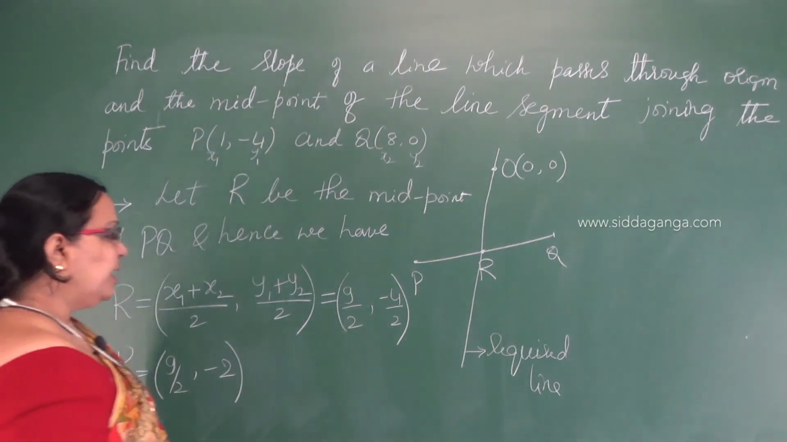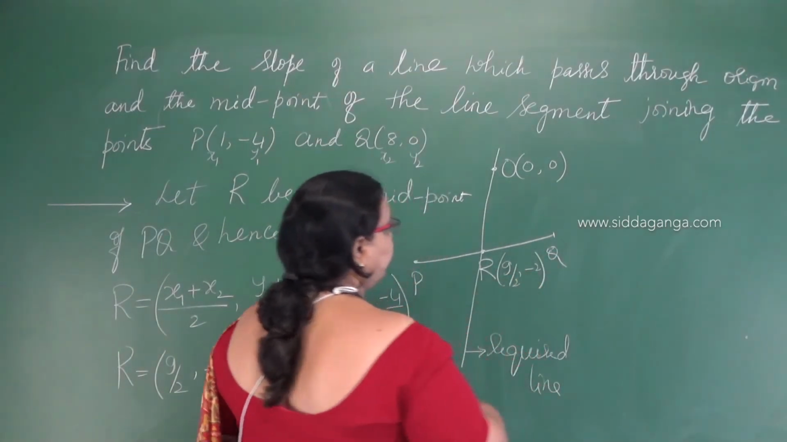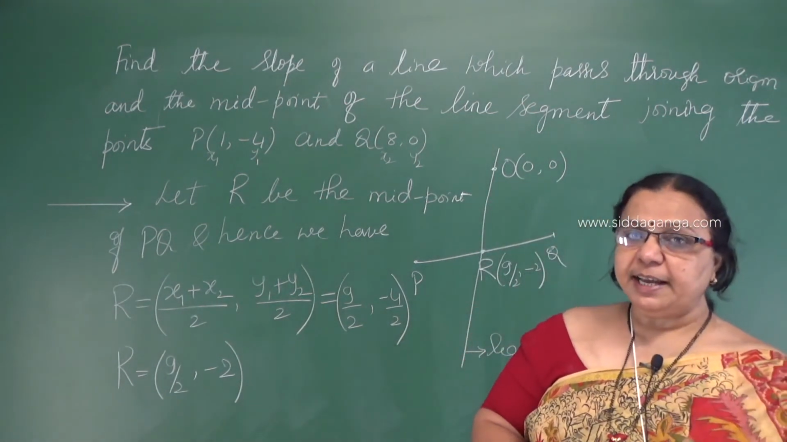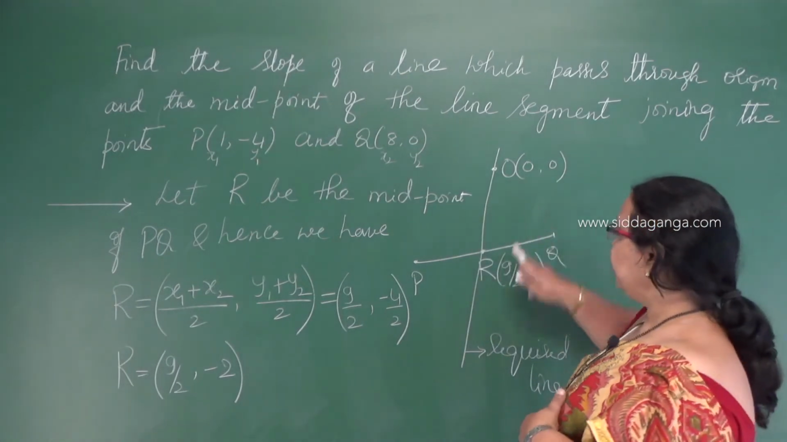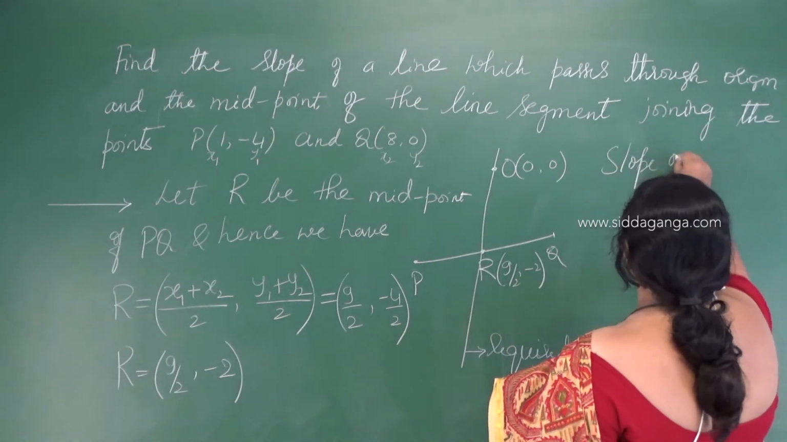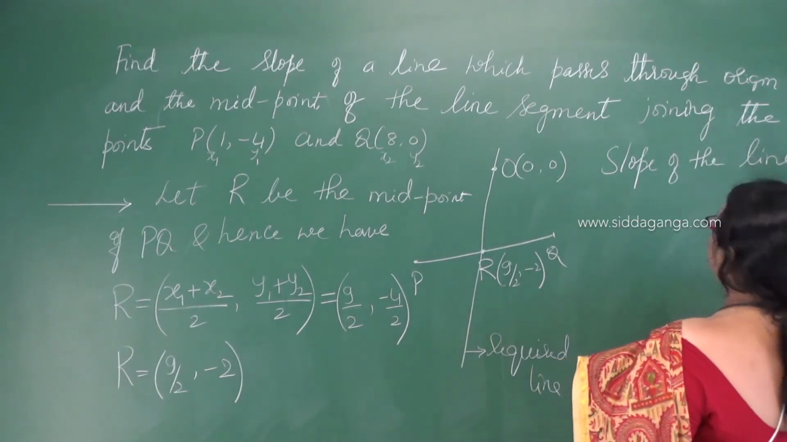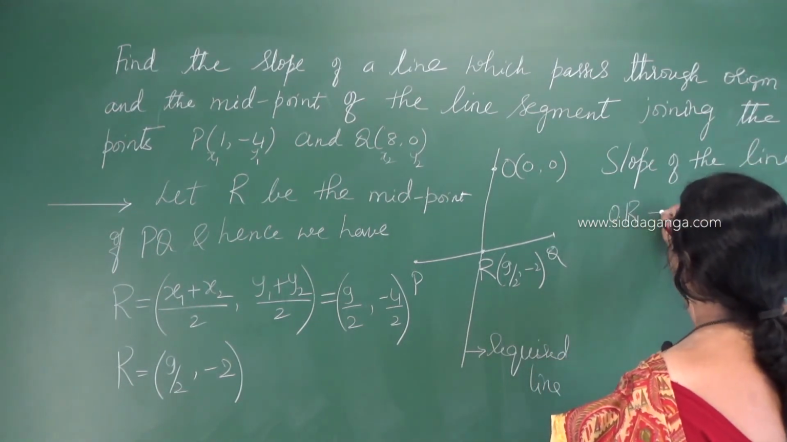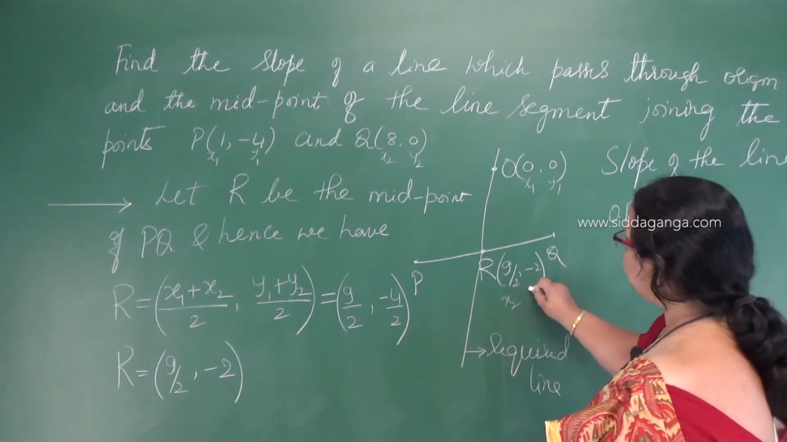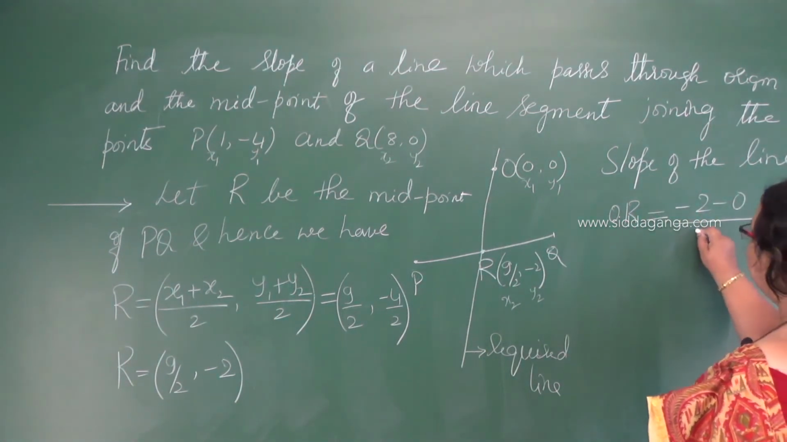So R we know is 9 by 2, comma minus 2. So now we have to apply the slope of the line joining the 2 points, one the origin and the other R. So now therefore slope of the line OR, it is equal to, you take this as x1 y1 x2 y2, y2 minus y1 divided by x2